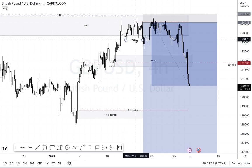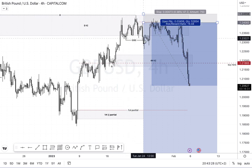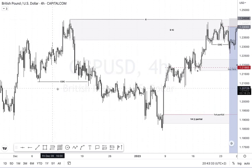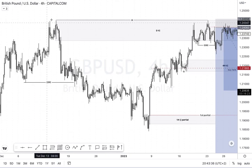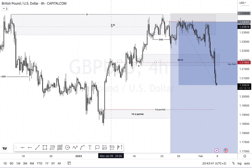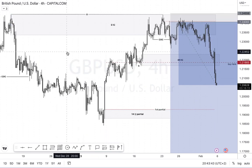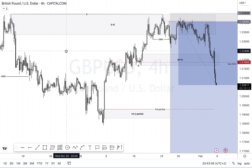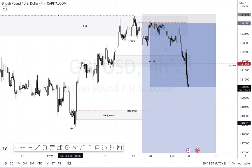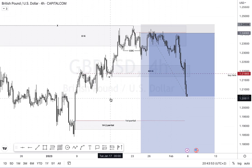And so one thing that played out very beautifully is a very high time frame change of character, which is on our 1 hour time frame, already seeping from that previous change of character, where we did expect it to come towards these deeper levels, mitigating the daily institutional candle, where we saw a lot of momentum shooting to the upside and then very quickly going down to push price further all the way to this lower area over here. And so the market retraced, very beautifully clean market structure, nothing too hectic,